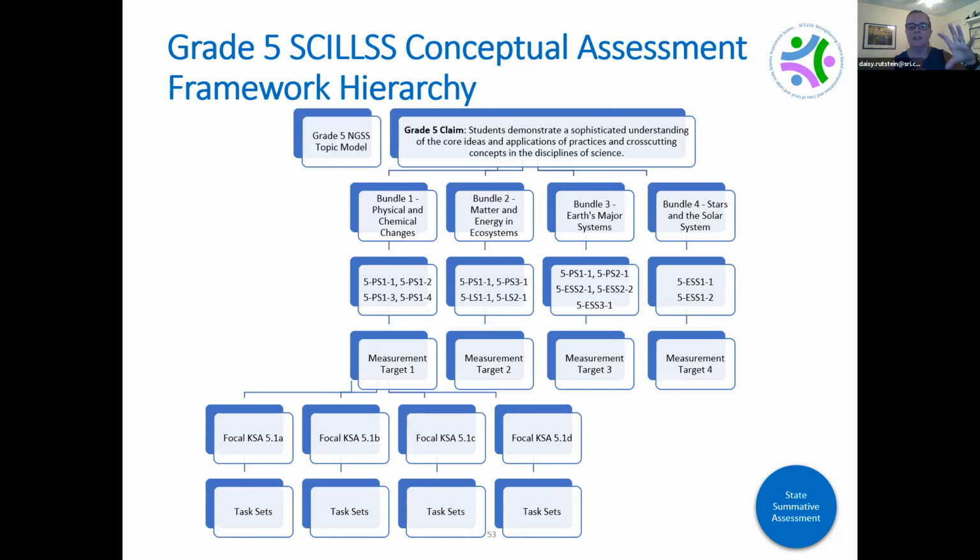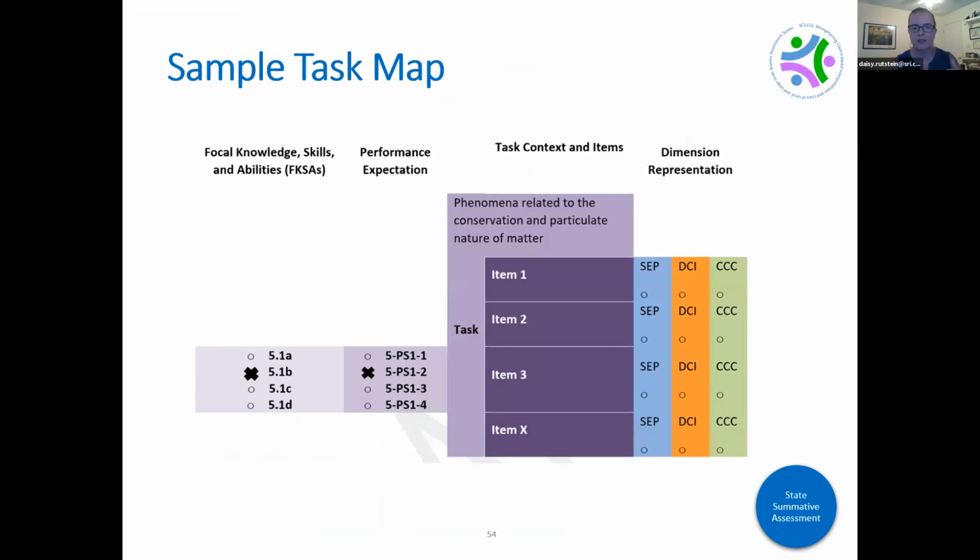And then the task sets for our purposes were tied to specific FKSAs. So each task, as you can see, is just sort of one subset of a measurement target of a bundle, which is one subset of a claim. Next slide. So then for our task map, what you can see is that we have for each task laid out, okay, what's the FKSA it's measuring, what's the performance expectation it's related to, what's the phenomena or scenario, and